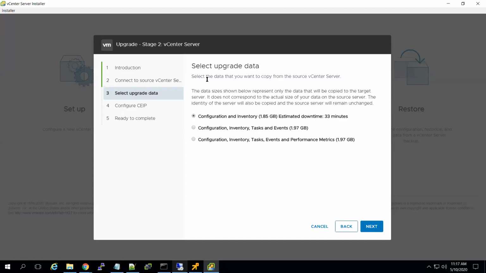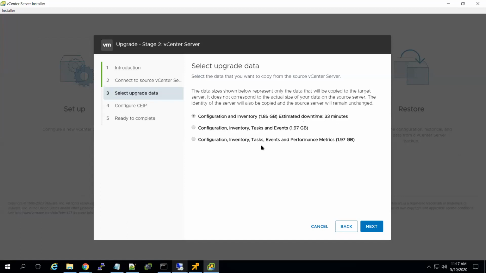And now select upgrade data. You will get three options: configuration and inventory files, where 1.85 GB is the estimated size, and 33 minutes of downtime is required as per this calculation. Now second is configuration, inventory, task and event. That is more than this size because it includes task and event as well, that is size 1.97 GB.